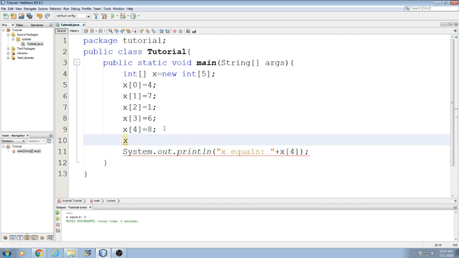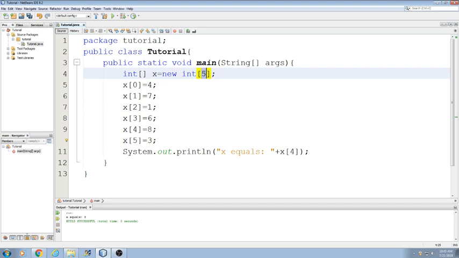Let's say we try to assign x of 5. And this is a common problem. We assign it 3. Well, guess what? This is actually the 6th element in this array, but the array only holds 5 integer variables in memory. So if we run this,